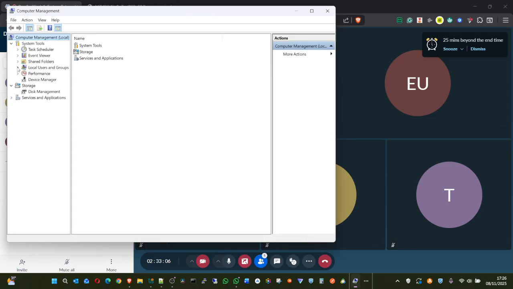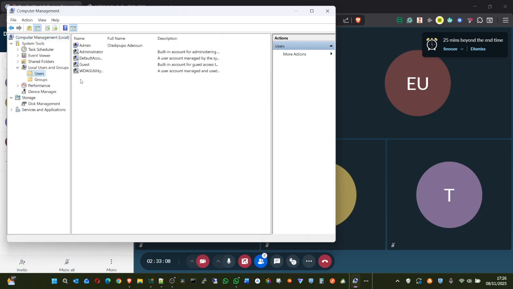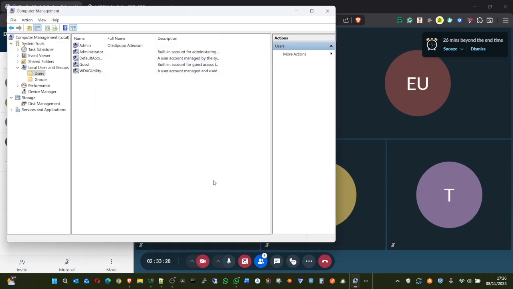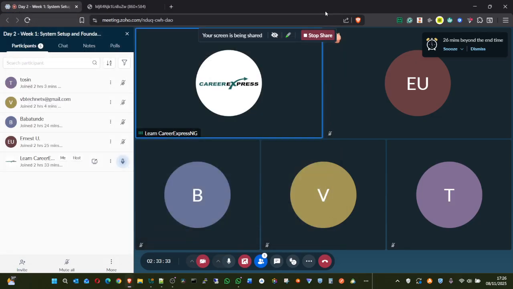So it's just like doing that. I'm coming down here, users, right click. It's faster this way, nothing more than that. It just makes it faster. And all those recovery password steps, because that one is so long. But this one, it's just 3 clicks. Right click, click here, and type in whatever you want to type. Boom, you are done. It's still the same thing. Just like the way we make pounding yam, whether it's a powdered one or you beat it with the mortar, either one, as long as the man's belly is full.